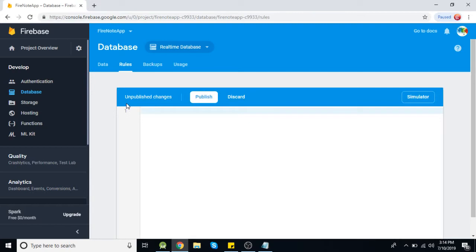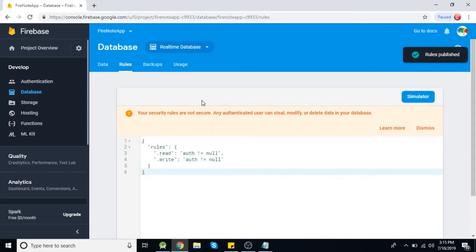I'm replacing with this value. It means only here you can read or write has authentication rules, that only the users which are authenticated, these users only can read or write to your database. Okay, and you need to publish this.